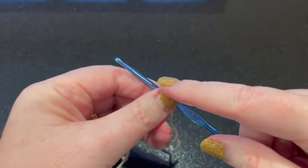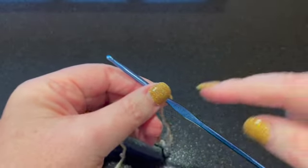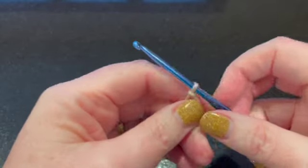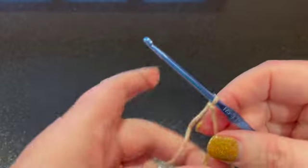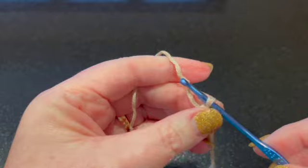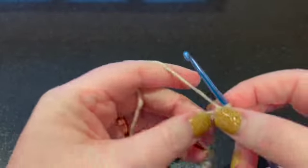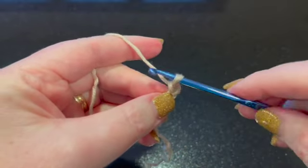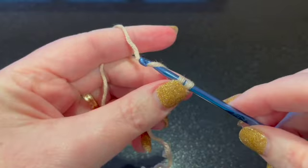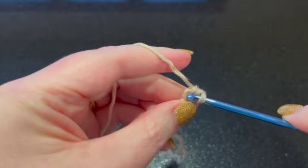You'll want to chain 222 and then join, and then you'll want to do a row of single crochets on top of that chain. So whichever method you prefer, like I said, I'm going to do the foundation single crochet. So I'm just going to start a few of these, and then I'll let you go ahead and finish the 222 chain and single crochet, however you've chosen to do it,